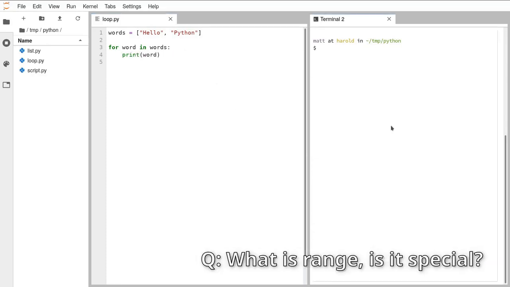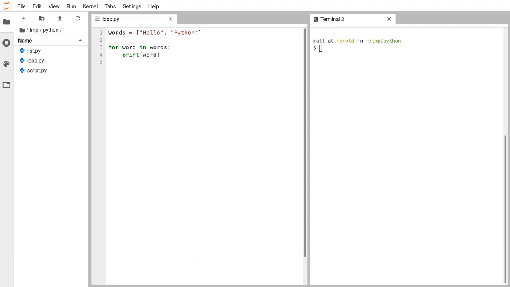Yes, so range is a special word. Or rather, it's a built-in function. In the same way that print is a built-in function, range is a built-in function. The job of the print function is to take the argument and display it on the screen. The job of the range function is to take the argument and to give us back a list containing that many numbers. Ronald, I'm glad you asked, because that's exactly the next little section, which I'm going to cover now,